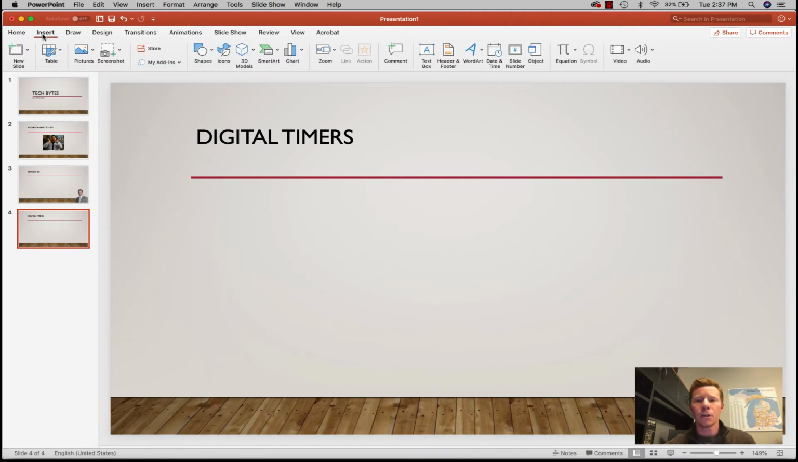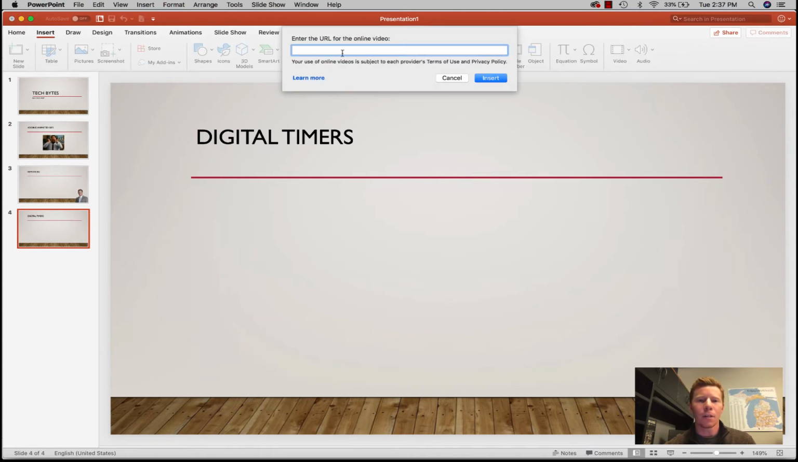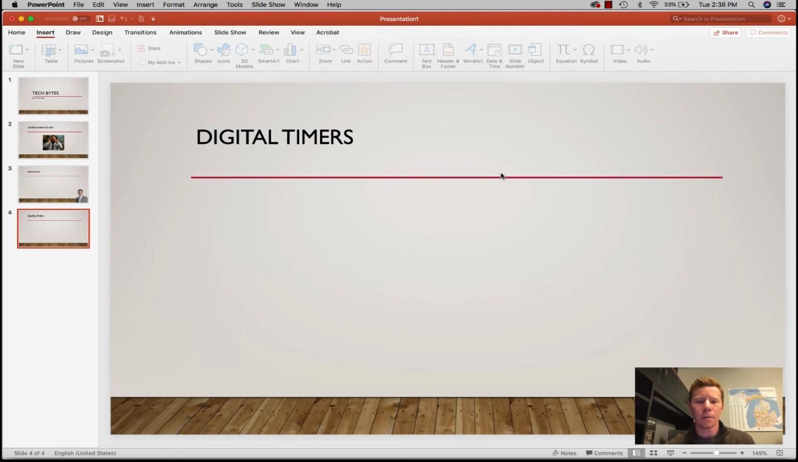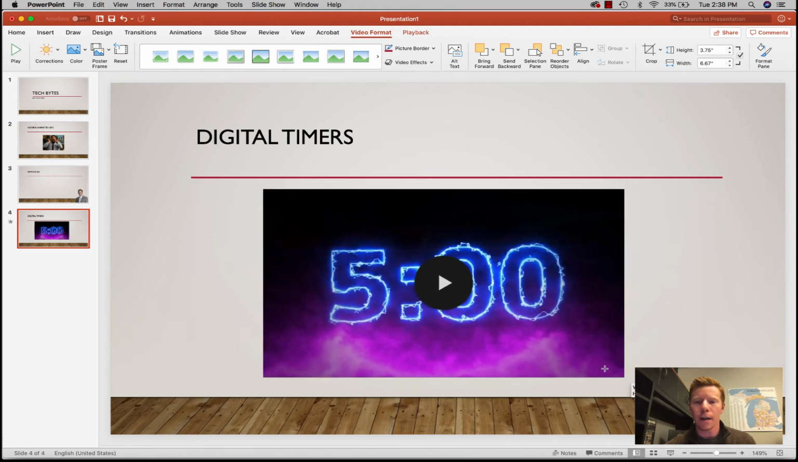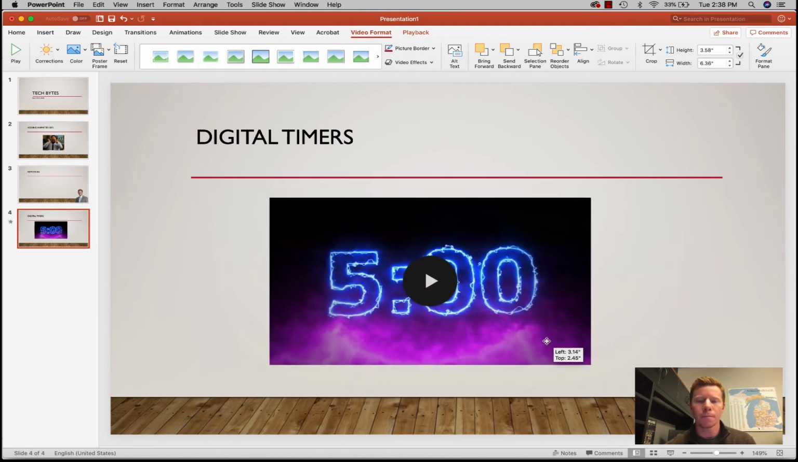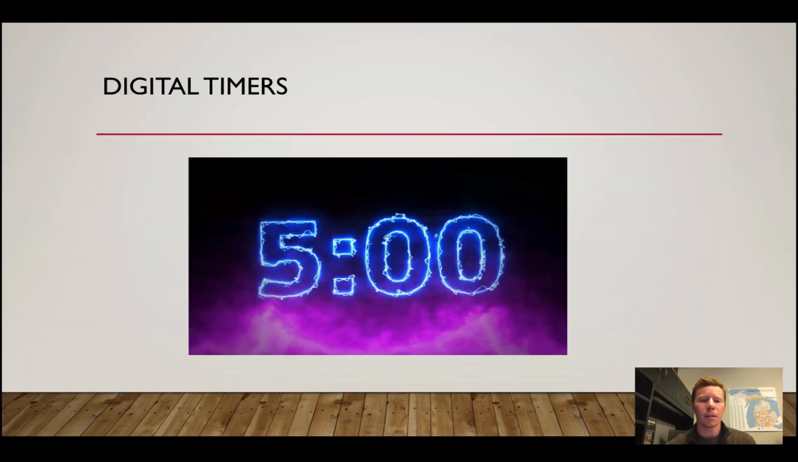Insert, and instead of picture, this time I'm going to choose video. And it might look a little different on Keynote or Google Slides, but basically we want to insert an online movie or a movie that will allow us to use a link. You can see it wants the URL, so I'm just going to paste that in. I hit insert, and there it is. And just like other objects, I can drag, resize, make it smaller, whatnot. And so now when I go to play my slide,